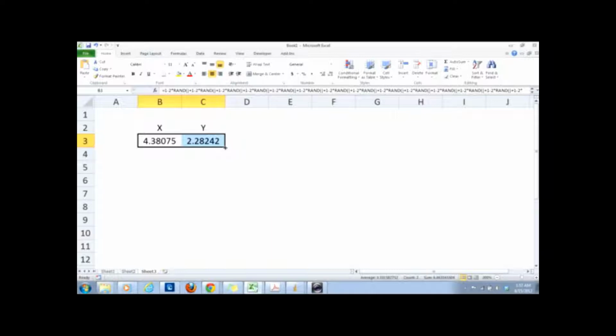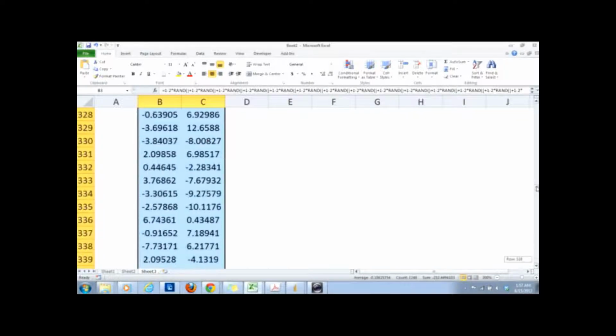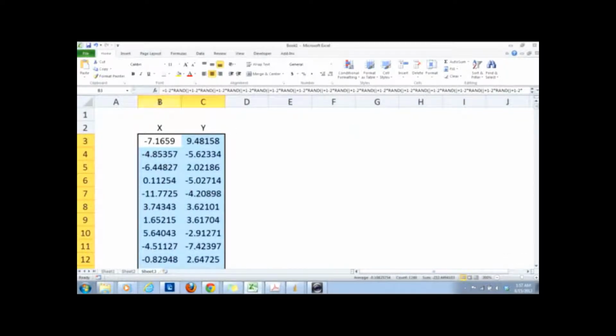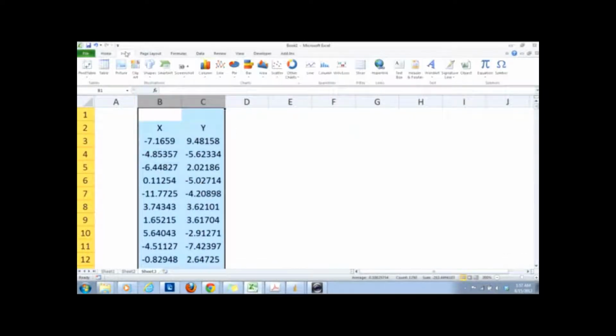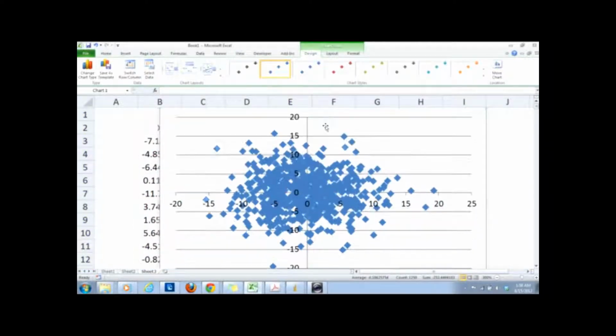So right now if I copy these numbers down to around, suppose, 600 molecules, then I can plot X versus Y: insert, scatter, and then I can delete this thing.